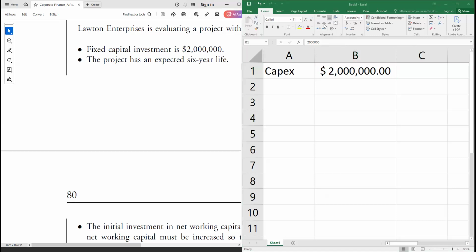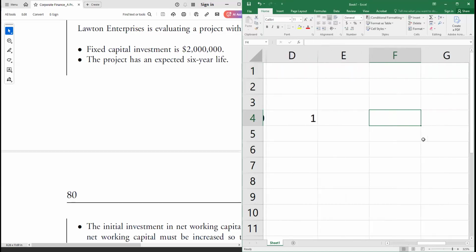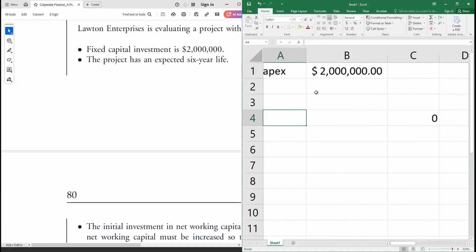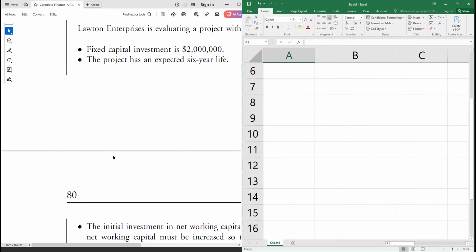Okay, that's what I don't need. I need this one only. Now, and then on the other side, I'll put 6 years, okay, like this. I'll get back to it again. So moving down,